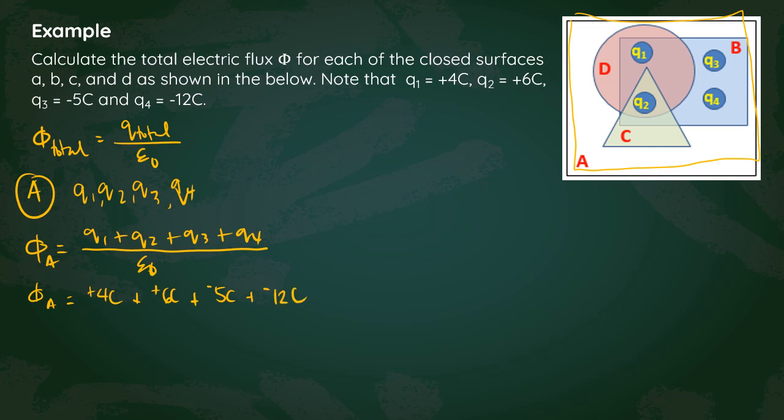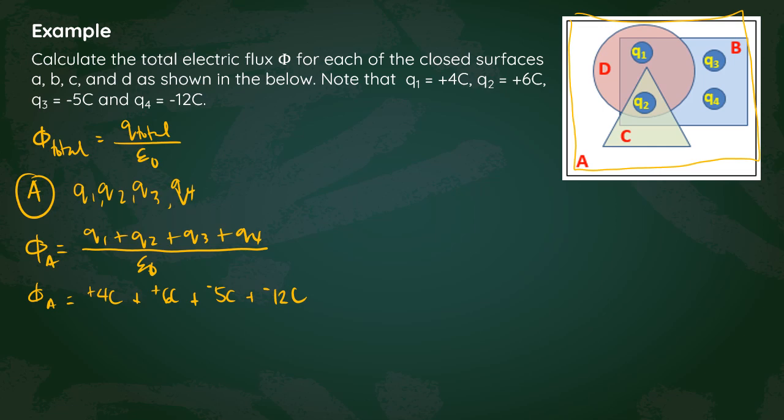So what will be our answer here? That's positive 4 plus positive 6 plus negative 5 plus negative 12. That will give you